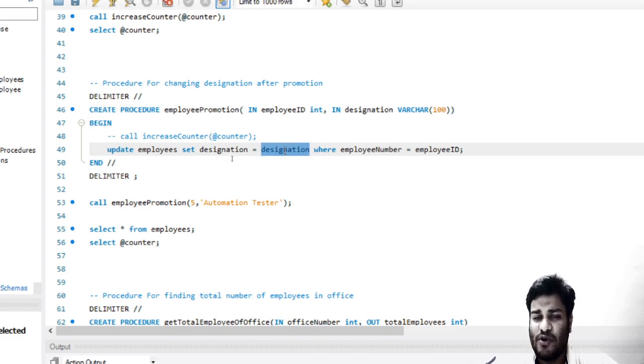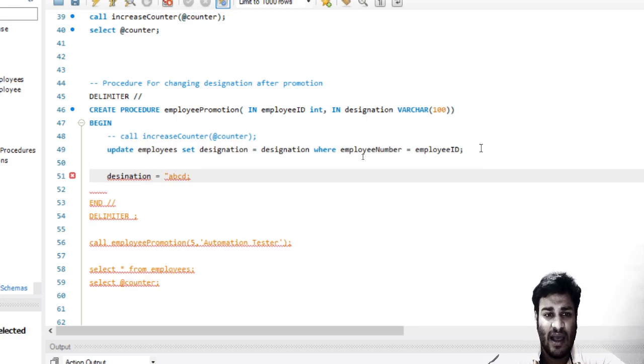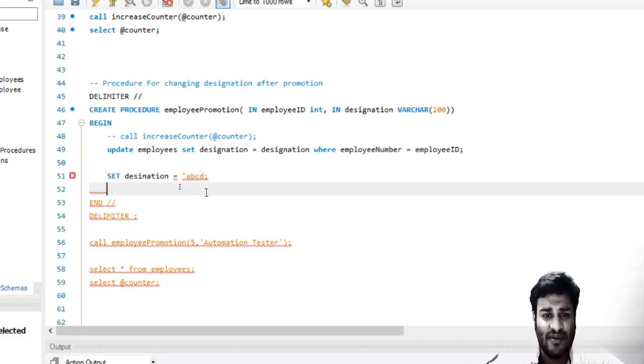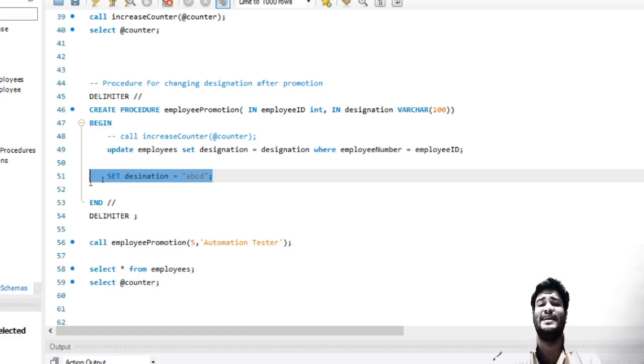So what is the difference between IN and OUT? Even if we change this parameter, say if we set designation equal to ABCD, then this designation will not be changed and cannot be used outside.